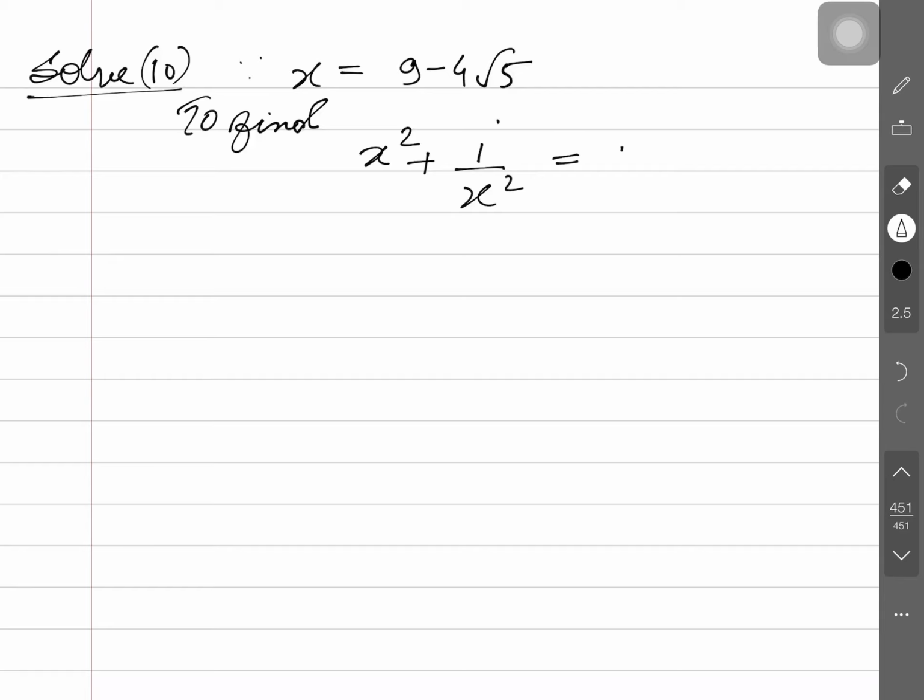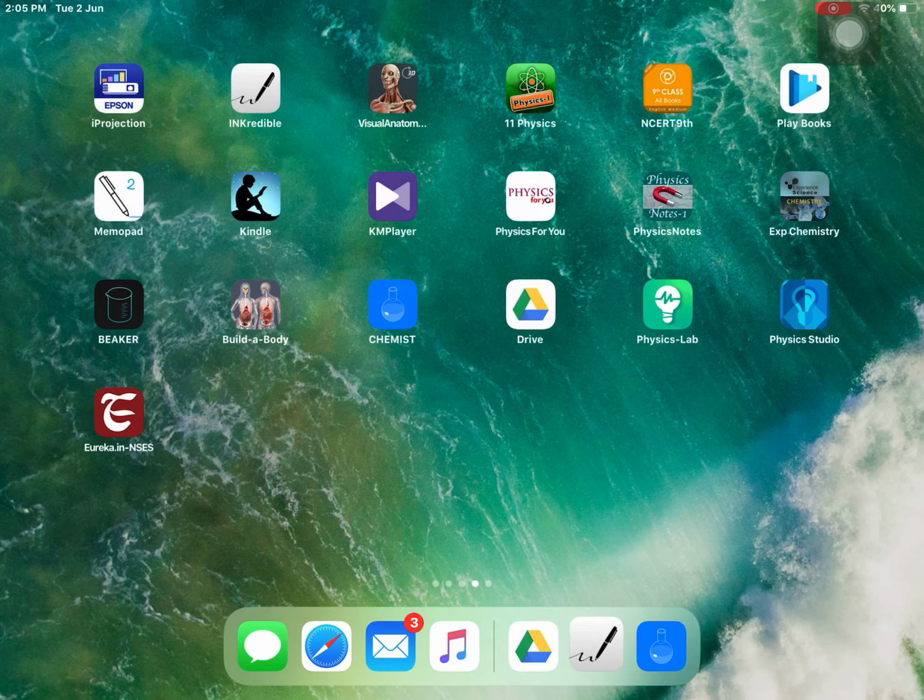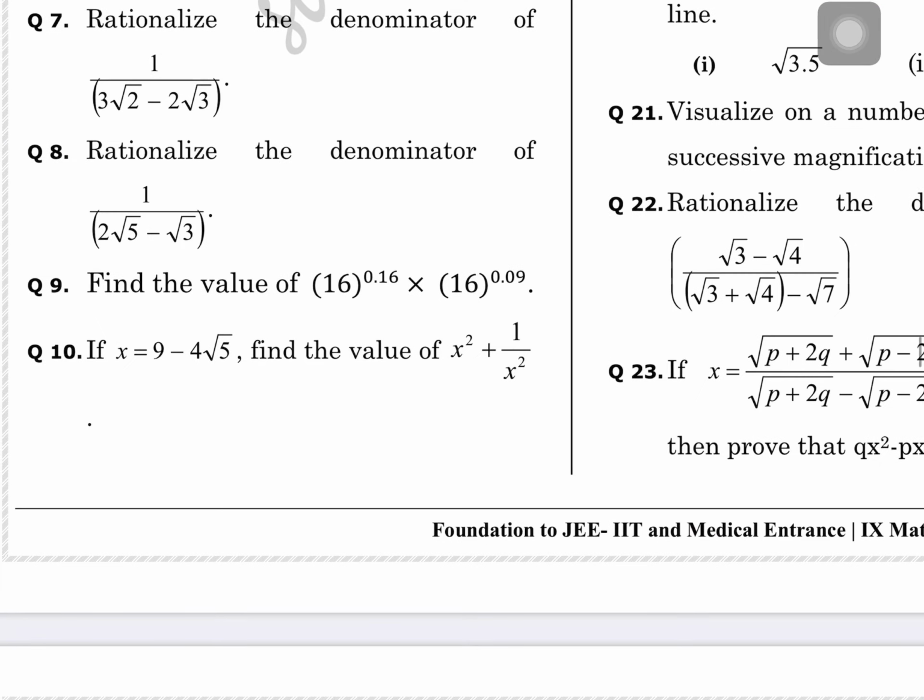Clear? x square plus 1 by x square. Clear? How can we solve this? Tell, please. As x is equal to 9 minus 4 root 5, x square plus 1 by x square means